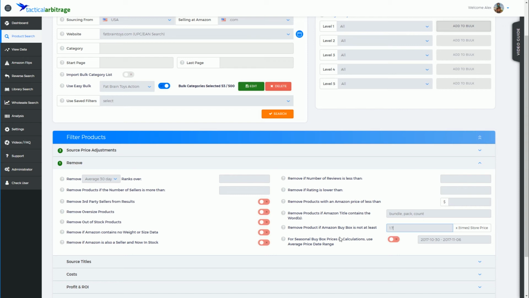Lastly, we have: for seasonal buy box prices in calculations, use an average price date range. So what this particularly means is, let's say for example you wanted to just have a look at textbooks right before school season, or maybe backpacks right before back to school season. Then what you can do is scan a category of backpacks, and you can say, I only want to compare the prices now between the buy price, the source price that I'm buying it for today,